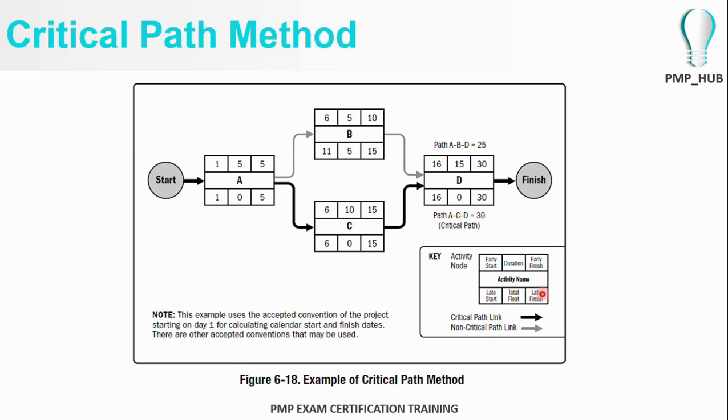So the earliest finish date of the project is 30, then we can include it as the latest finish date here, and activity D needs 15 days to complete. So calculating backwards, for activity D, the latest start date will be 16 days,